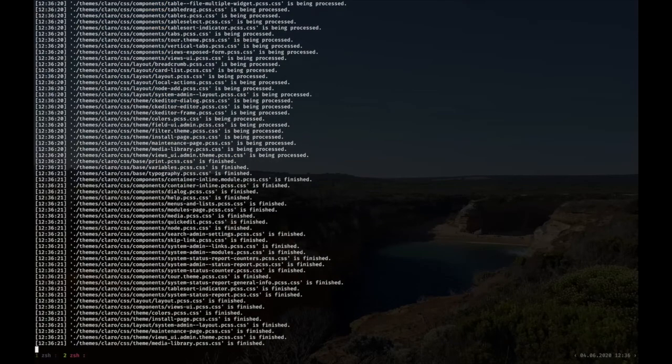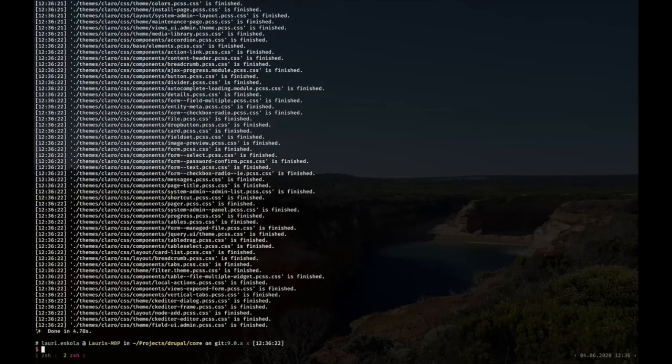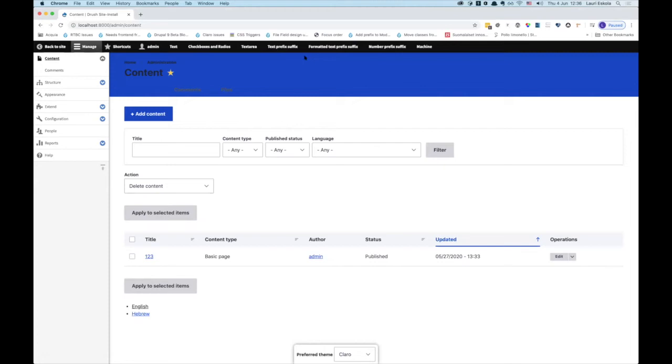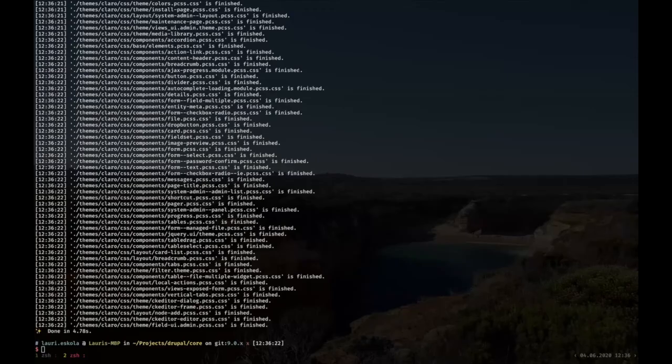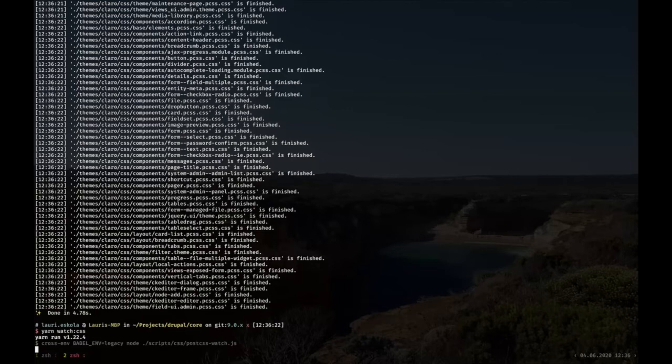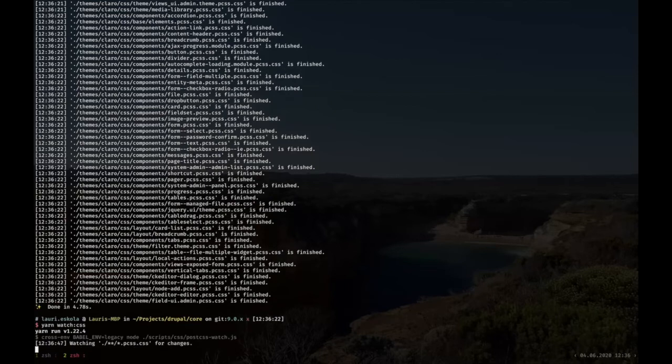And this is going to compile all of the CSS files that are in core. Now, if I refresh the page, you can see that the color of the header has changed. It's a bit time consuming to always manually run build CSS, so what I recommend is using the watch command, because it makes it much more convenient. You just run yarn watch:css, and it's basically going to keep running this command and keep watching